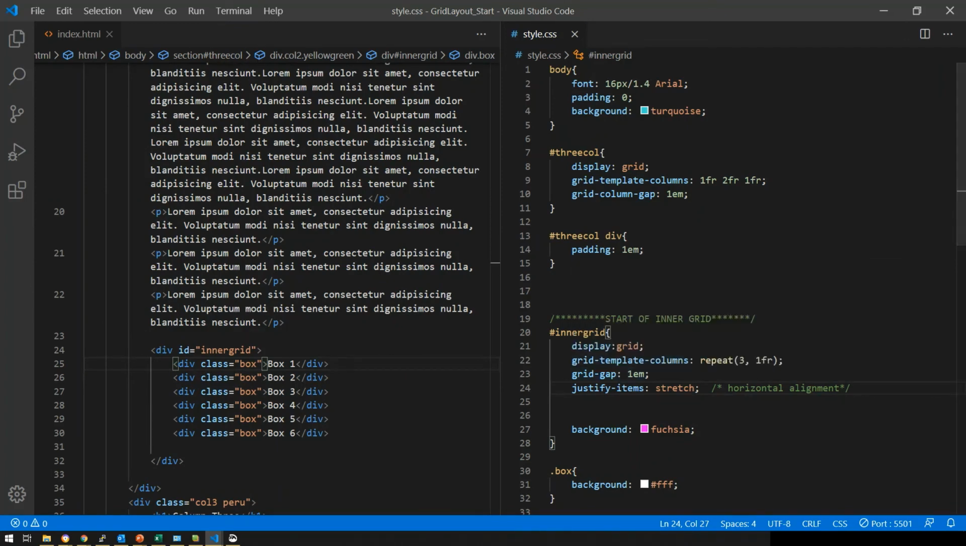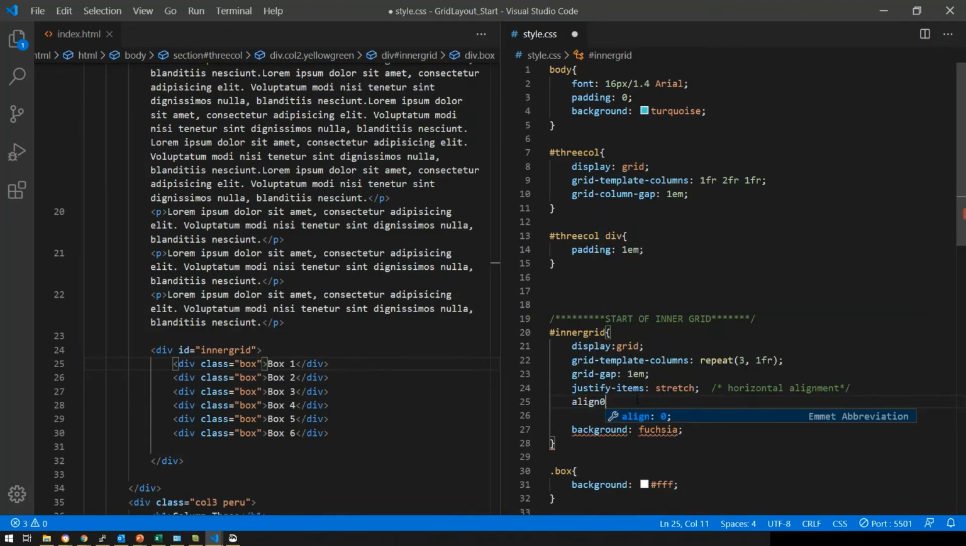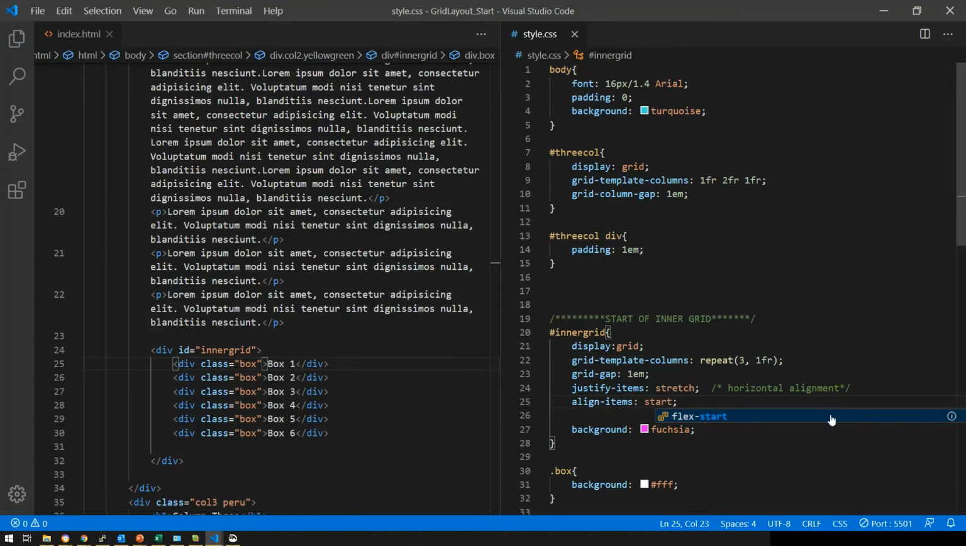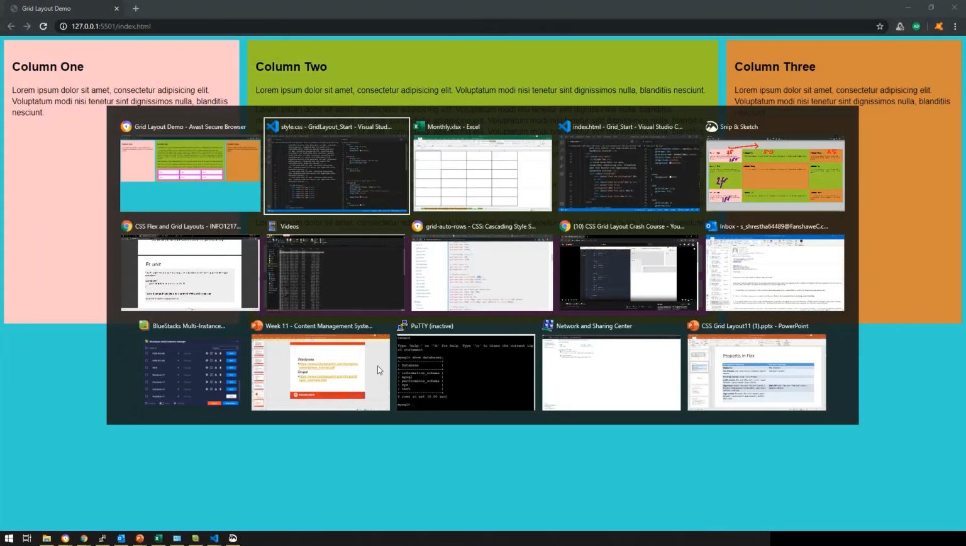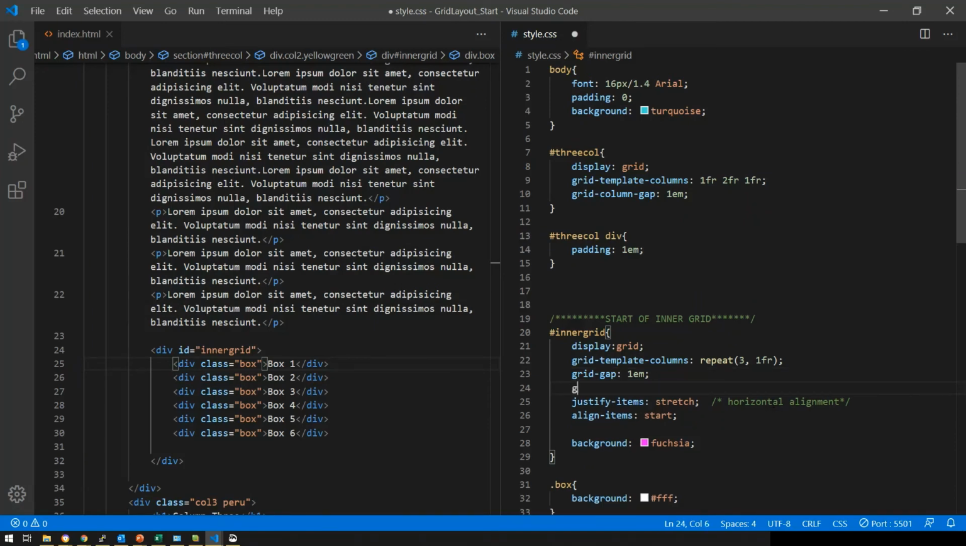Okay, and align items similarly. So let's just start. Okay. And before I demonstrate this with align start, we need to understand that it will not show unless you have a proper amount of gap in between them. So I'm just going to create a grid